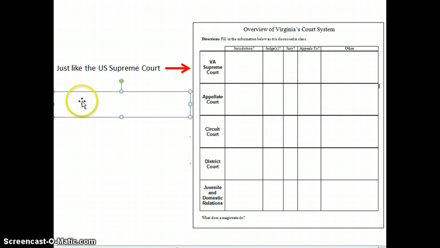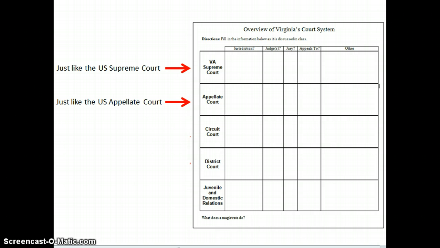Then go ahead and do the same thing next to the appellate court. Write "just like the U.S. Appellate Court," and draw an arrow pointing to Virginia's Appellate Court. In both cases, you can call it the Court of Appeals. We're just going with Appellate Court here. Now, what's going to be different